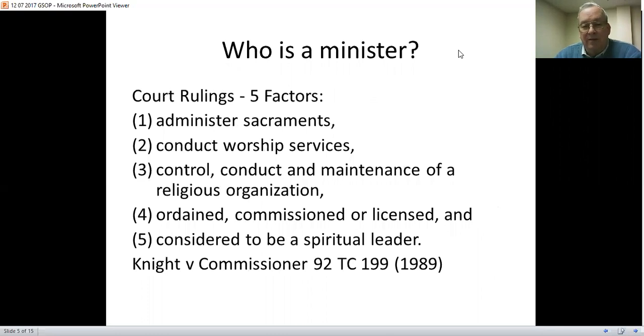As we said, the courts have their 5-factor rulings: administer sacraments, conduct worship services, control, conduct, and maintain a religious organization, be ordained, commissioned, or licensed, and be considered to be a spiritual leader. And we talked about that 5th one earlier. It's not in the IRS code. It's not in the regulations that the Internal Revenue Service has written, but it is something that the courts look to. And of these 5 functions, the only one that is essential is item number 4, be ordained, commissioned, or licensed. And the other 4 of them,